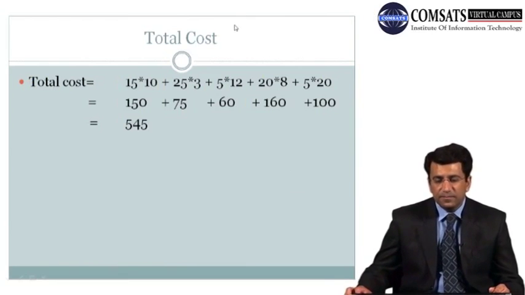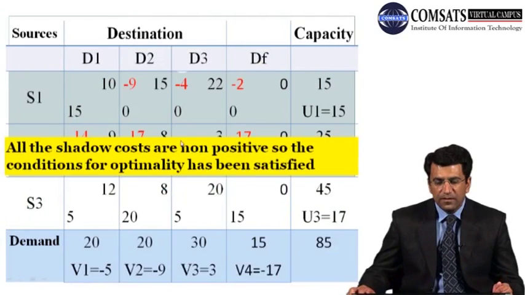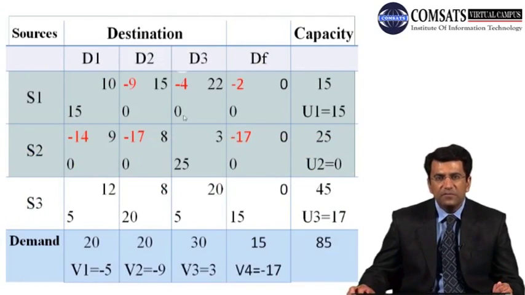So class, as we have already known, our previous table has given us the optimal solution. So what will be the optimal transportation plan? Now class, this is our table which is giving us the optimal solution. So we will have to calculate the total cost for each of the routes, that is from the different sources to the different destinations. As you can see from this particular table, if we use this particular transportation plan,